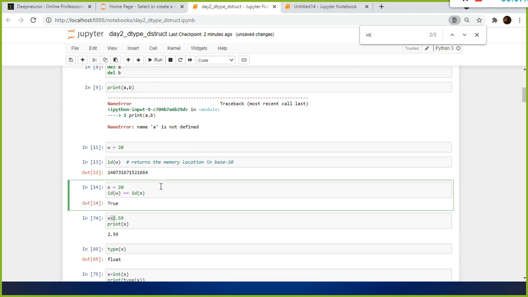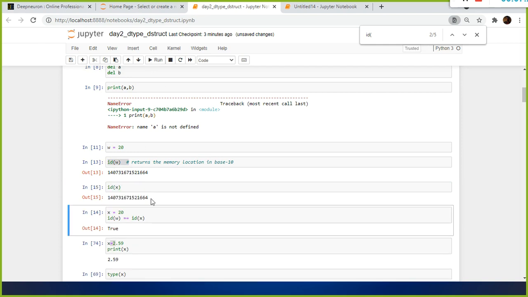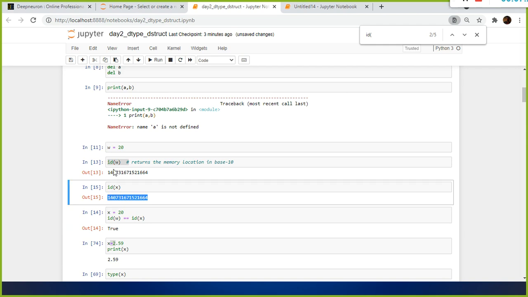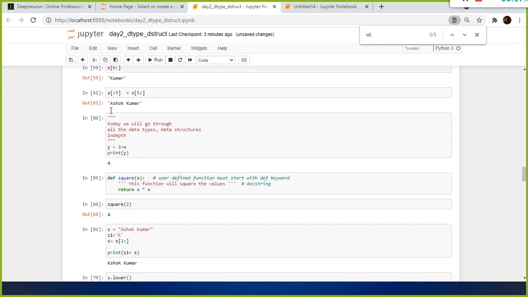What does it say? Both these variables refer to the same value. If I do this, are these two values the same? Yes, right?